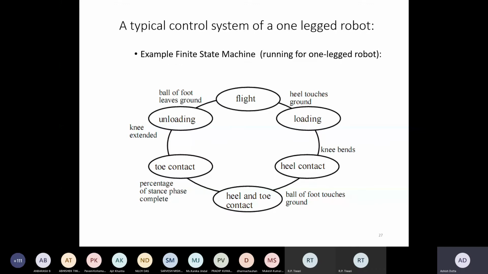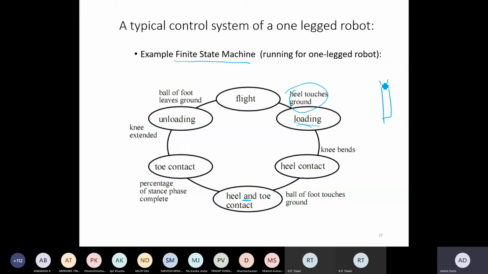Now these are modeled by means of what we call a finite state machine. What this basically means is that there are different states which are not connected to each other. It's not a continuous kind of system. So we are going to model this as a finite state machine. There is a flight stage when the leg is in air. Then there is a loading stage where the heel touches the ground and the spring gets compressed. Then the heel and the toe contact is made. And then there is a toe off stage where the spring is